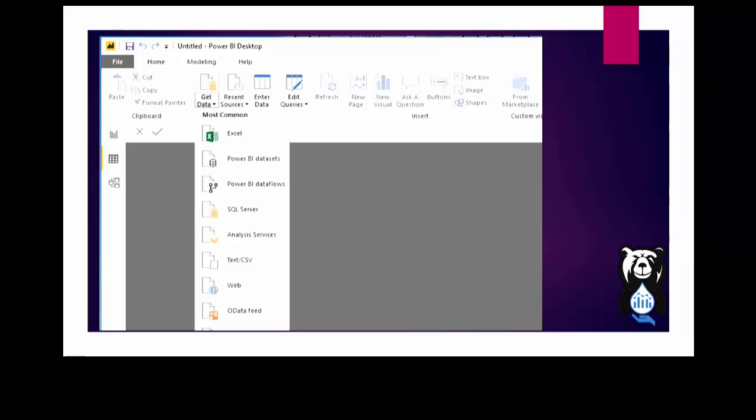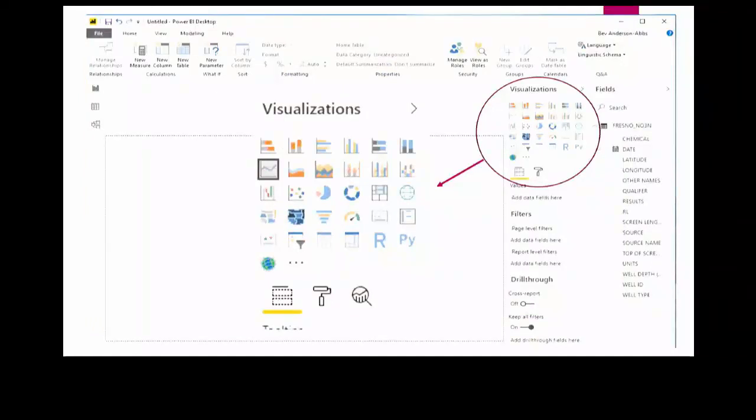You can pull it in fairly quickly. And once you have your data in, you can see there's a scatter plot or anything else.